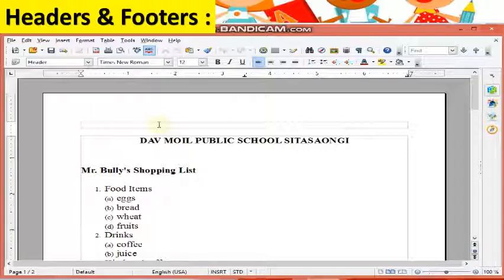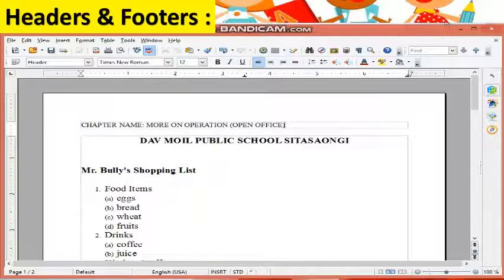I write here the chapter name: Word Operation, in brackets, Open Office. So in this way we insert a header at the top of the page.